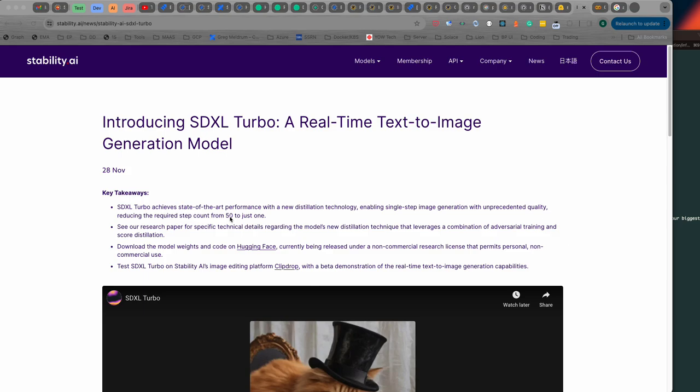Depending on the hardware you have, each step might take between half a second to a second. And so in this case, it means you can start generating images in a sub-second time frame. Now, this doesn't come without a cost. Generating an image from a single step is going to suffer a bit in quality, but it is a neat idea to be able to generate images in near